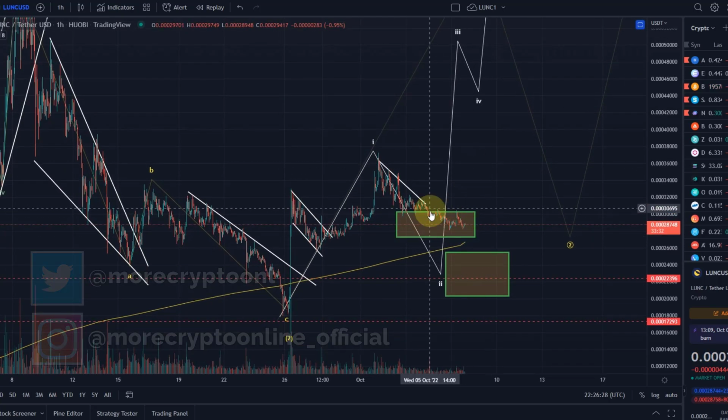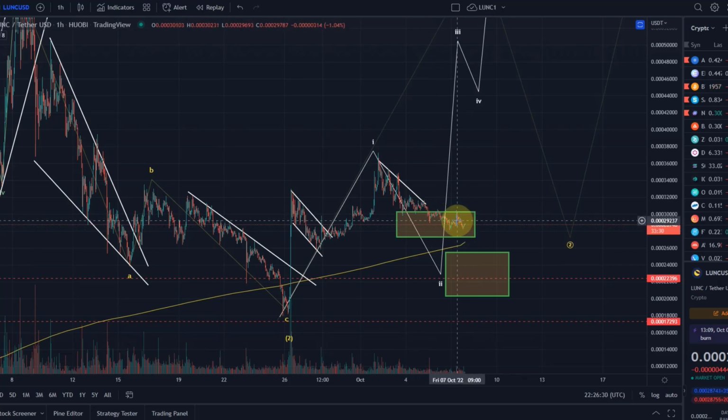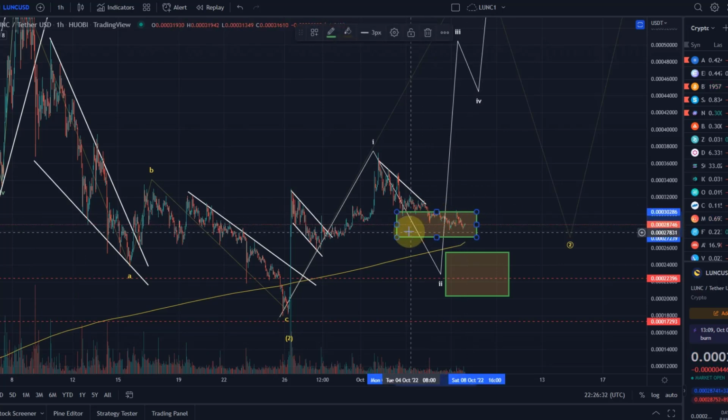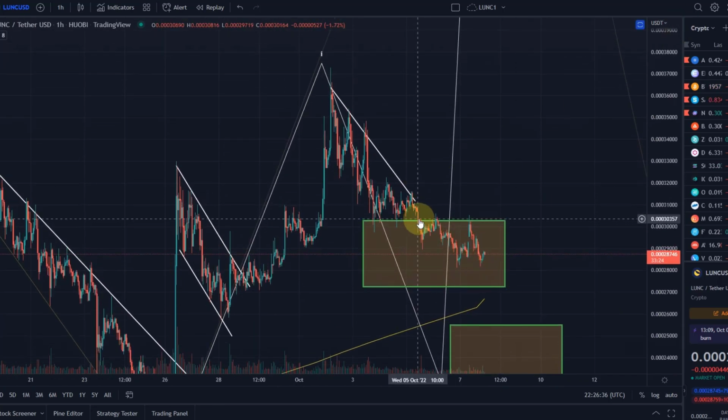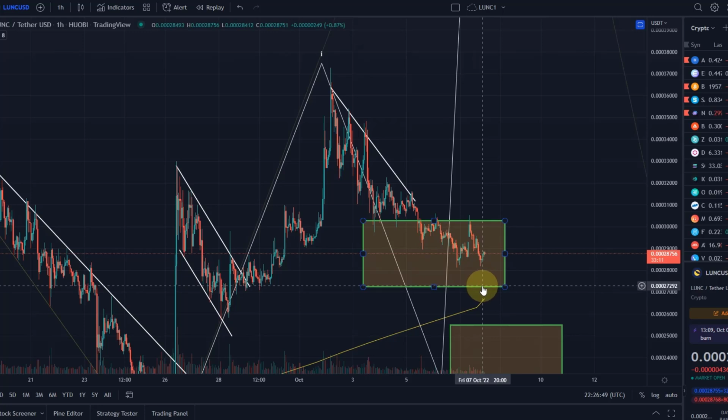Reason for an update is because we have come further here into the target area highlighted in green. In my last update we had just, I think, touched it, maybe entered it. We were just above 0.0003 and I told you that in the short term I do expect further downside and either a reversal in this area, which is between